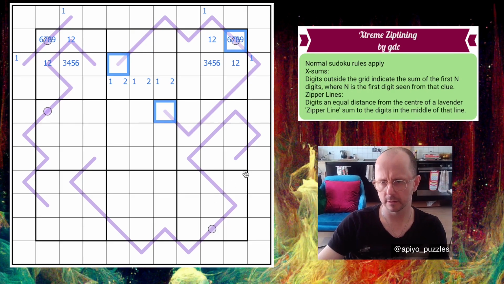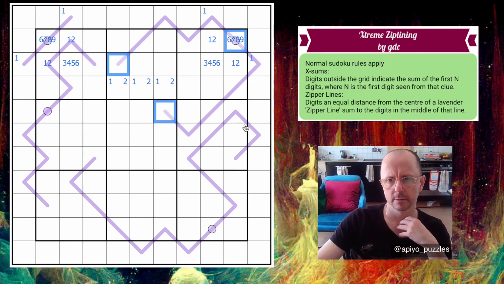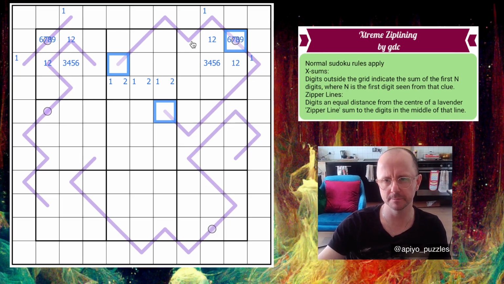Okay, and again, I thought that little realization would be important. Well, well, this number here, that's, oh yeah, this is important. So we've got a 1, 2 pair here. So this can be a minimum of 3,